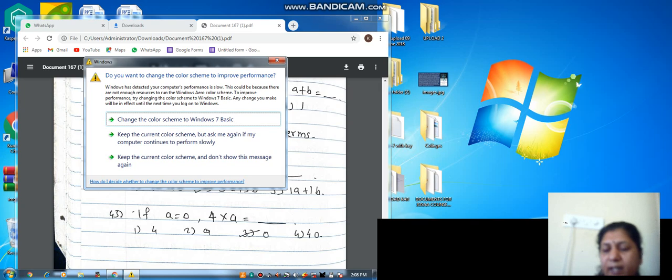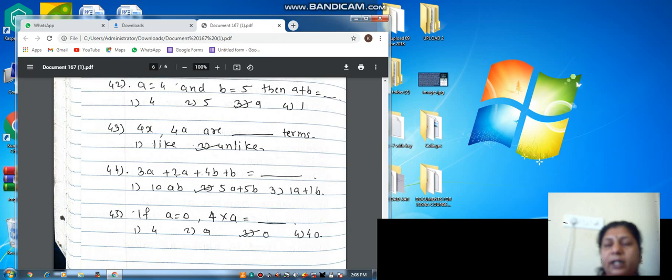Then in 9.3 fractions are given and we have to convert them into percentage. For that, the same process: the denominator should be converted into 100, so we have to multiply numerator and denominator by the same number, so that we get 100. Now percentage is given and you have to convert it into fraction. Suppose 70% means 70 upon 100, and then you can simplify by dividing by a number. So 70 upon 100 is divisible by 10, so it is 7 upon 10.